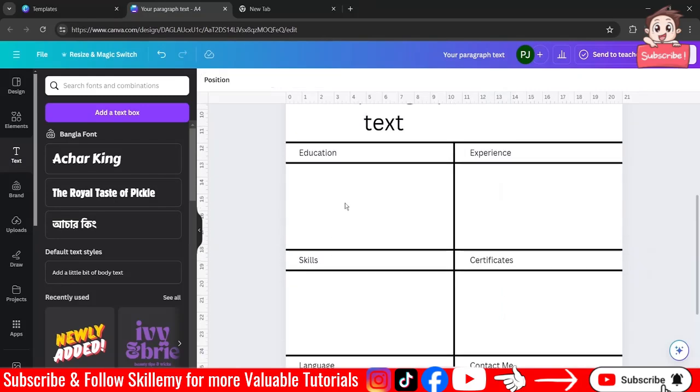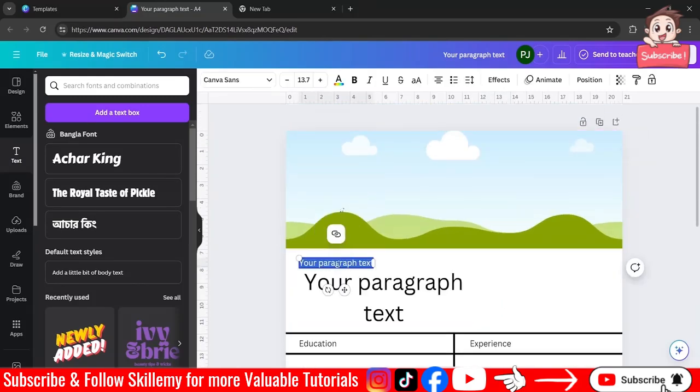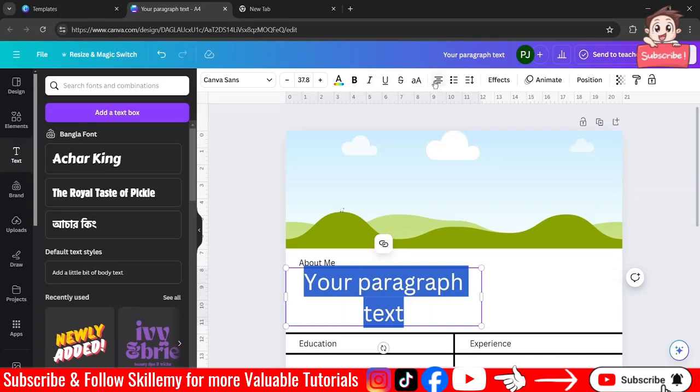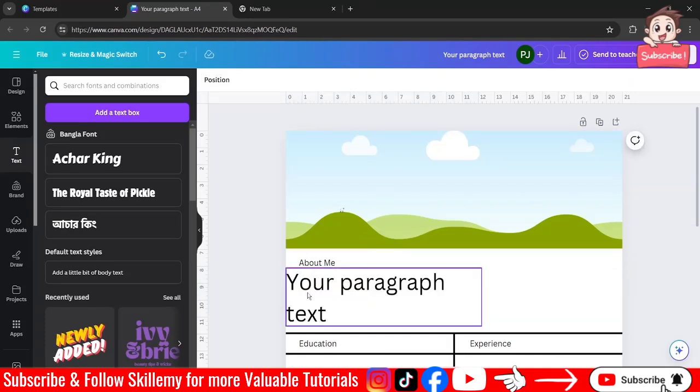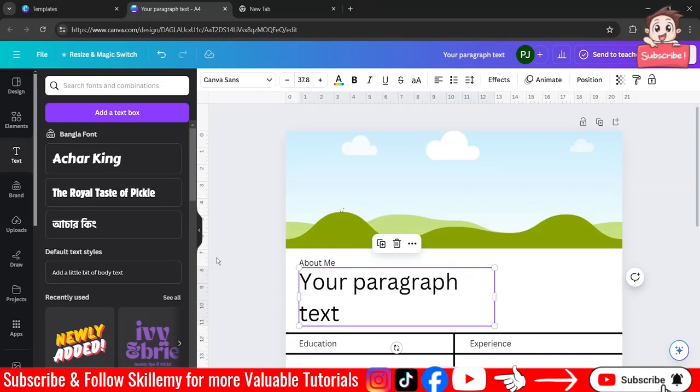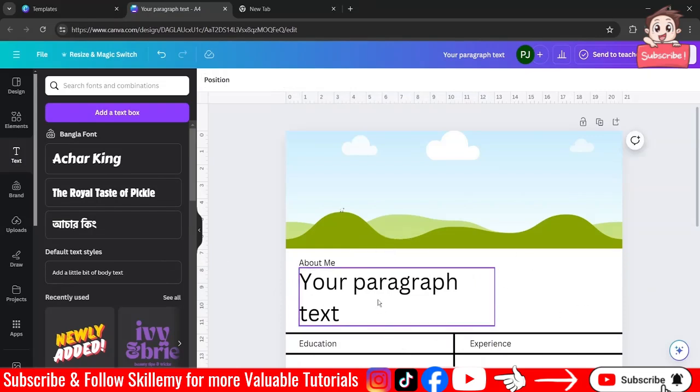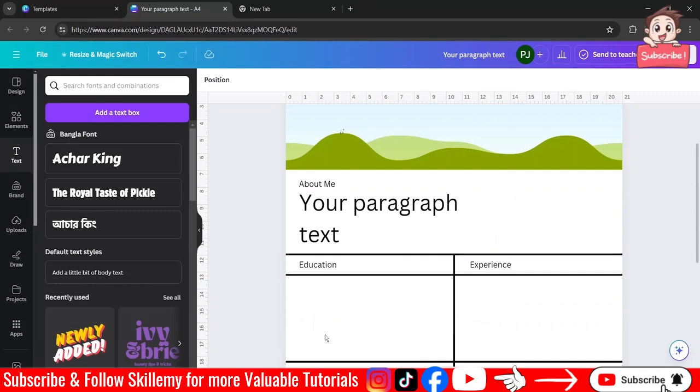So this is quite ready now. Now let's go and put it over here as about. This also we'll do the same. About me. This also we'll bring to this side, and we'll just align this over here. We'll just start writing anything. Now let's add some text box over here and try to adjust everything one by one.